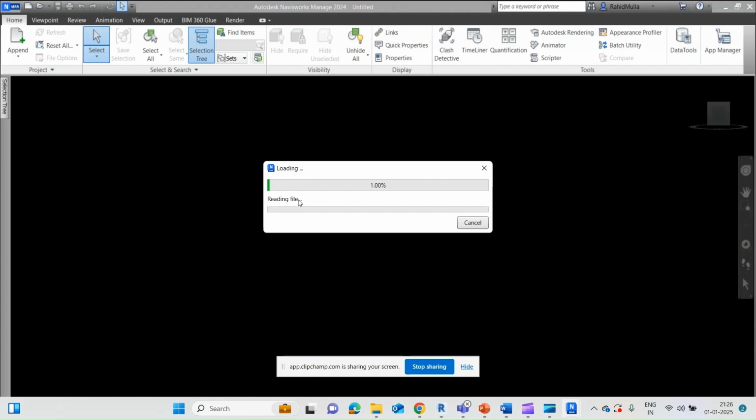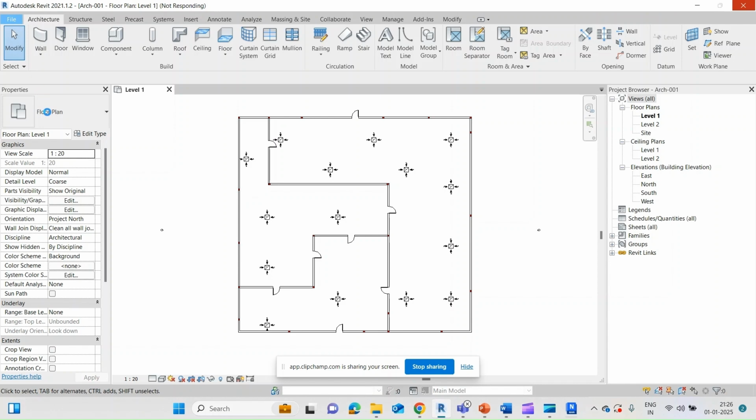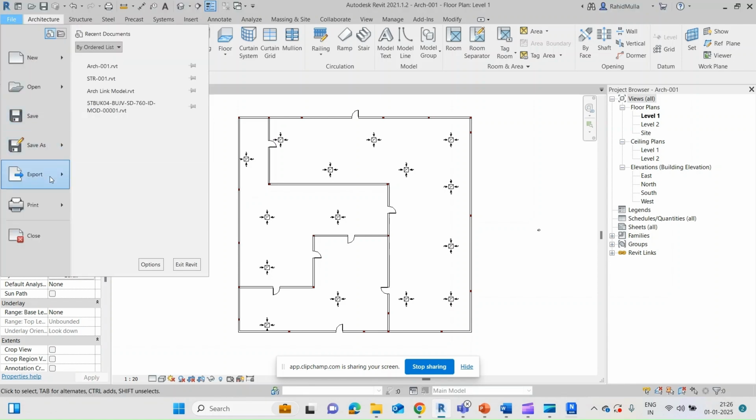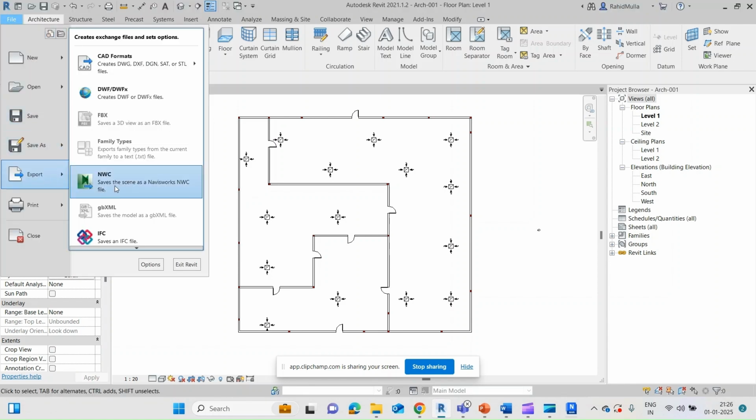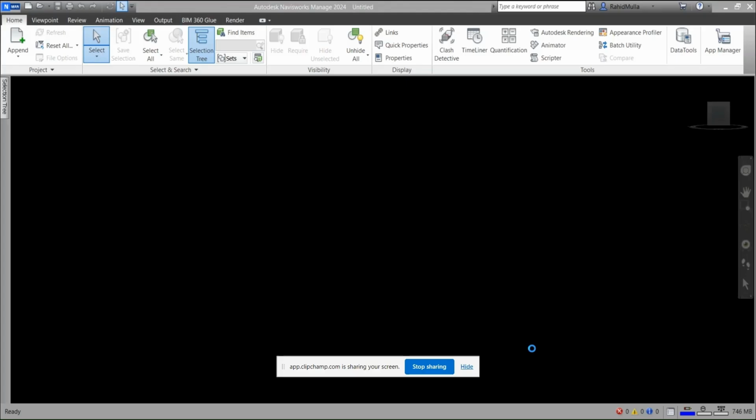So the other reason, there are two ways to create NWC. First one is directly from Revit itself. If you come here in File, you will see the export option. Okay, so here this is the export and this is the Navisworks. So this is a way to export NWC directly, and the other way is you can append this Revit file